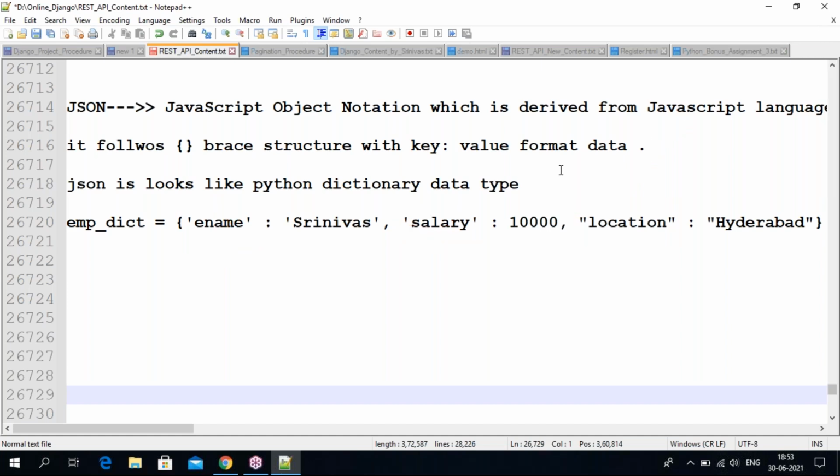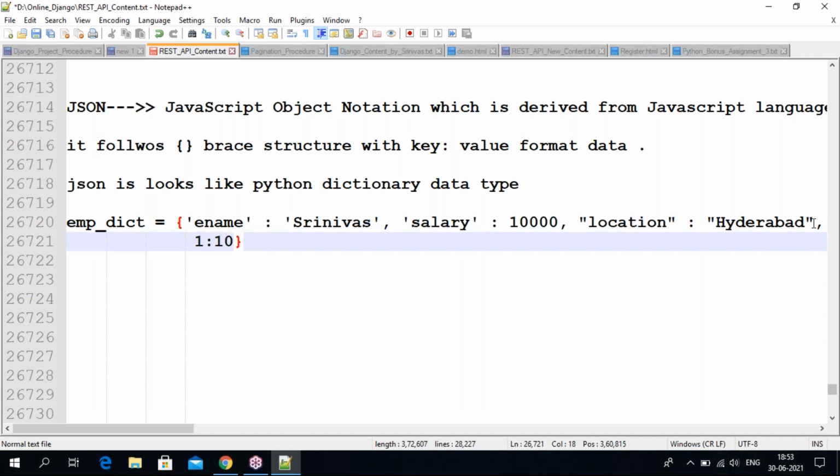Also, for example, I have one more key value, where my key is 1 and value is 10. Is it possible in a dictionary? Definitely possible, because the key is a number.